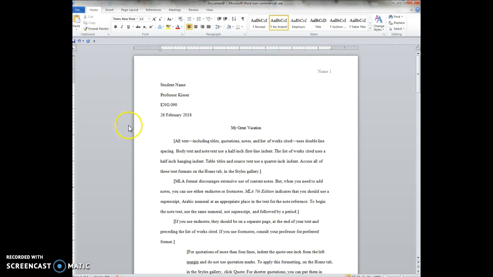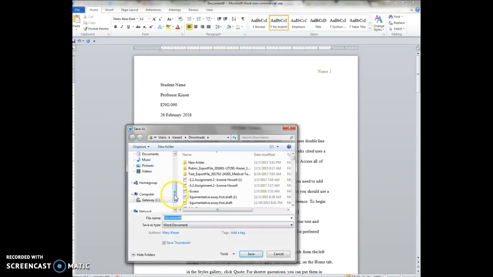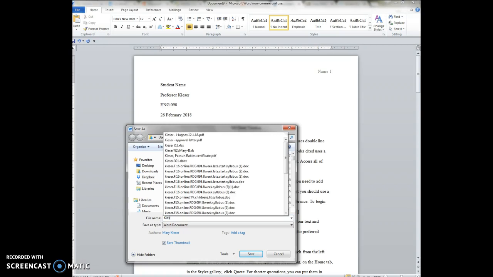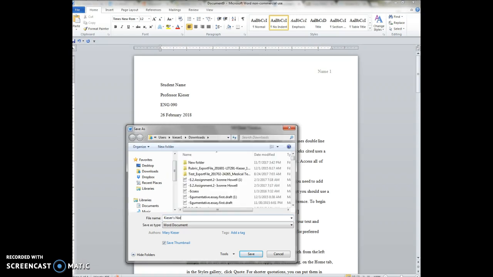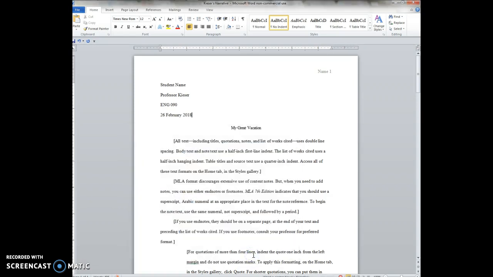So then you will want to save this to your desktop before you upload it to me. So once again, you'll go File, Save As, and wherever you choose to save it, make sure you title it, you can put your name on there, and then save it to your desktop or your jump drive or wherever you're going to save it, and then click on Save, and now it's ready to upload into